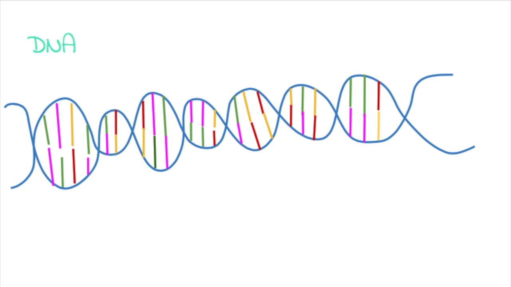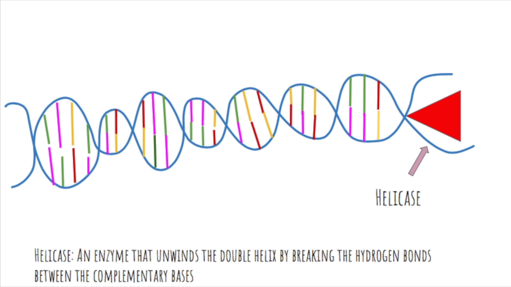Note that A pairs with T and C pairs with G. The first step of DNA replication is to unzip the DNA. This is done by an enzyme called helicase. Helicase is able to unwind the double helix by breaking the hydrogen bonds between the complementary base strands. So basically the bonds between A and T and C and G are broken by helicase in order to create